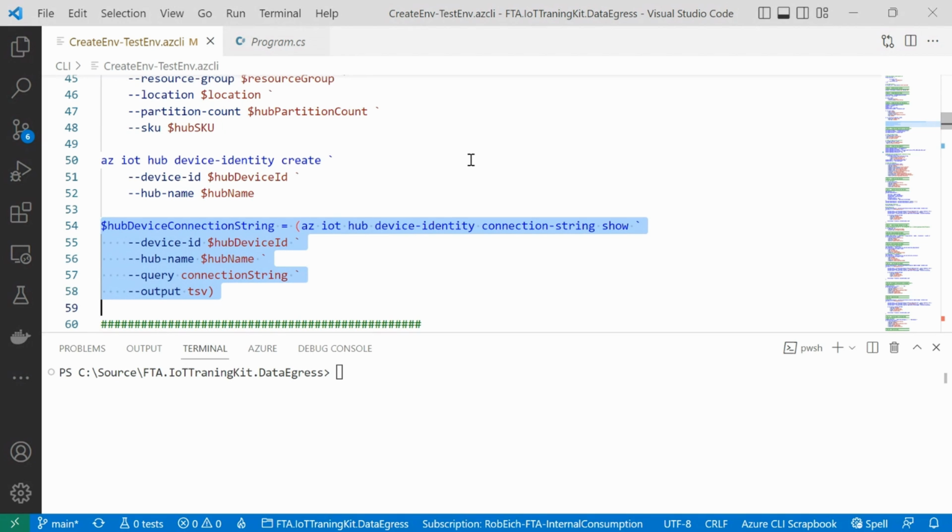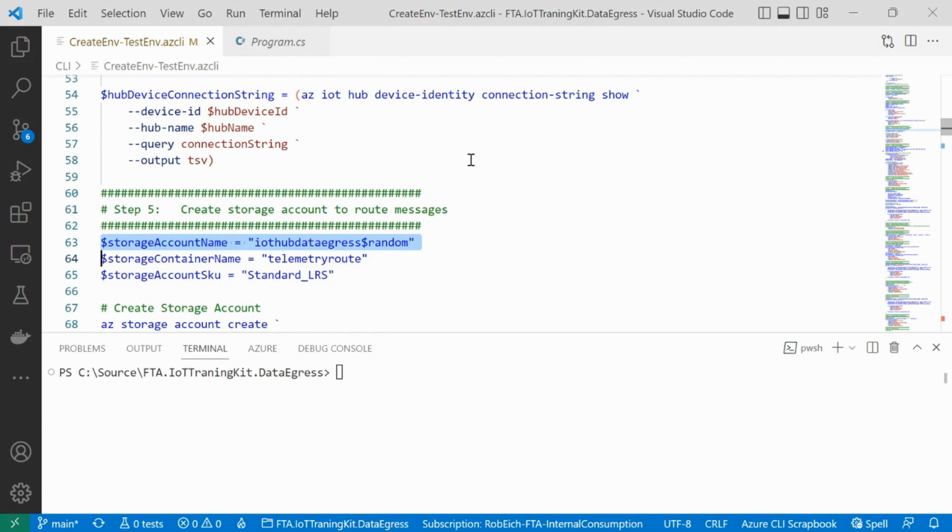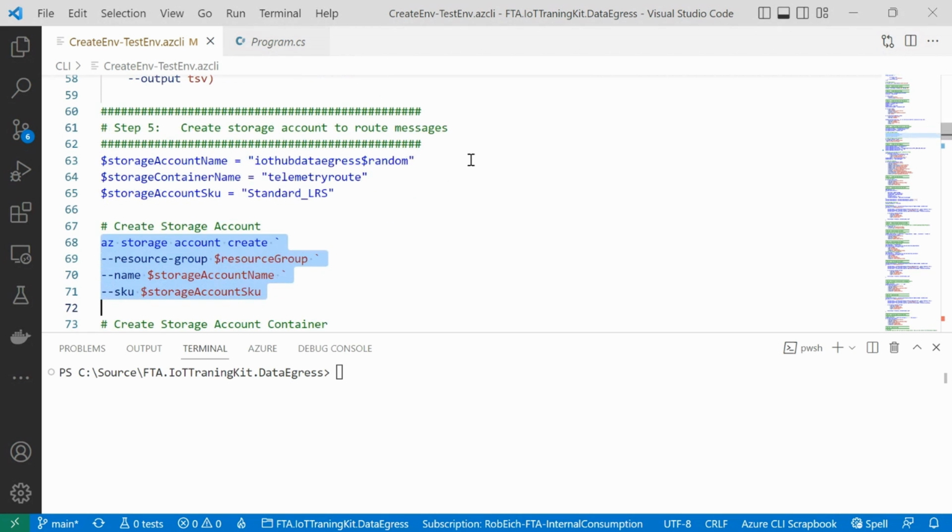And I just simply store the connection string into the variable hub device connection string. Then again, to have this simple example, and remember, I want to forward all those messages to a storage account. If I want to forward it to a storage account, I really have to create a storage account first. This is what I'm doing here. So I create the storage account with the resource group and so on.